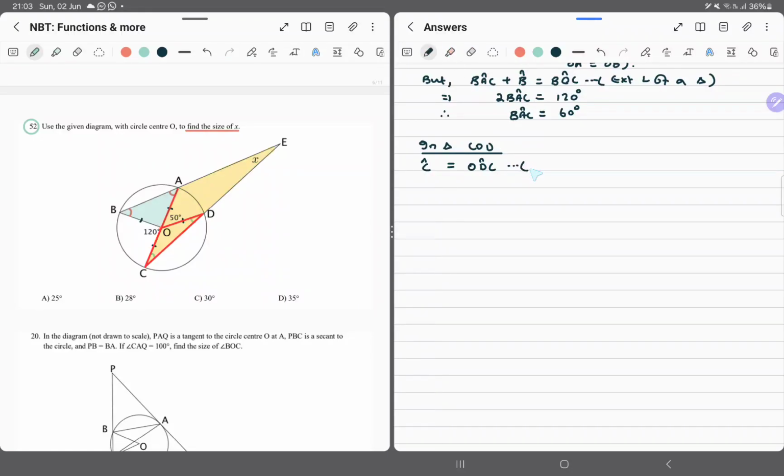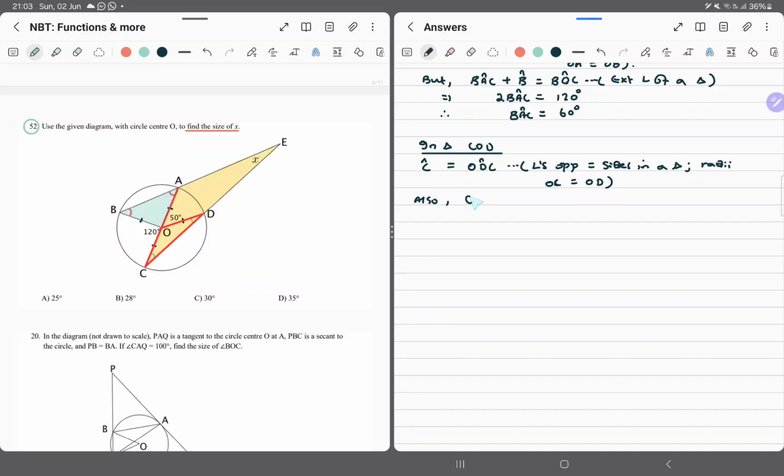Then the reason here is because these are angles opposite equal sides in a triangle with radii OC equaling OD. Okay, that's great. We also know here,